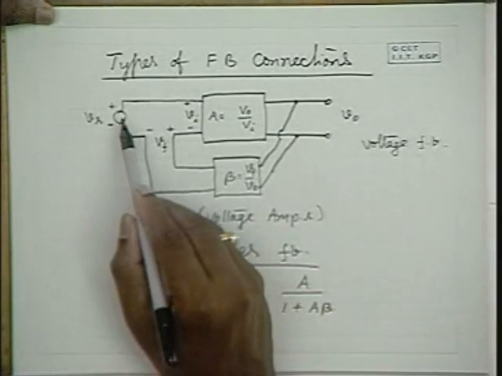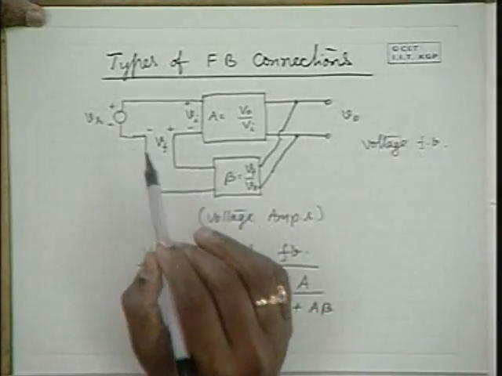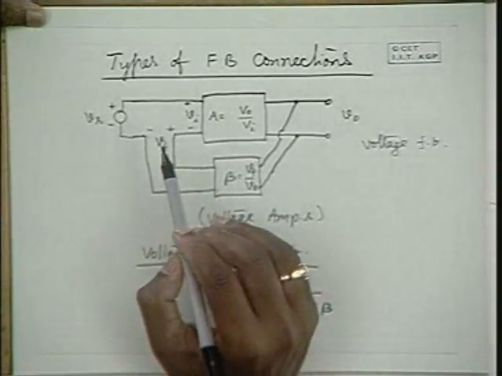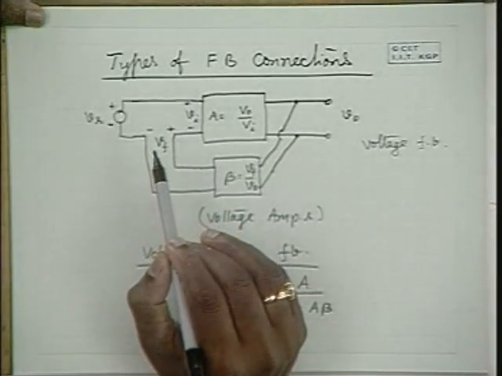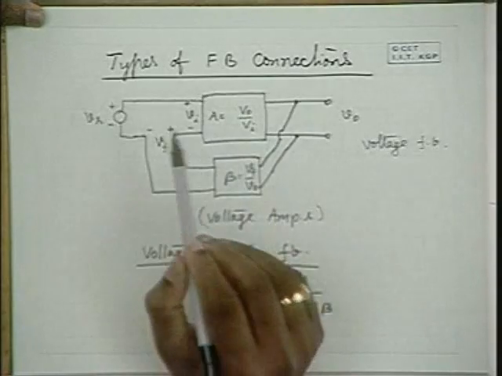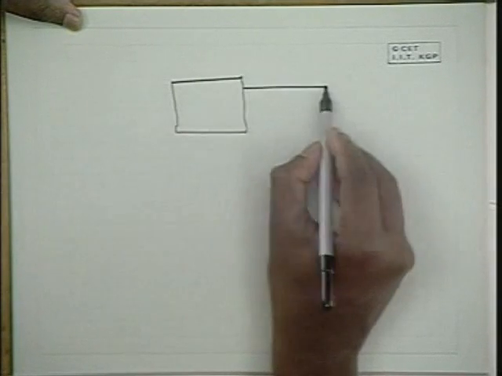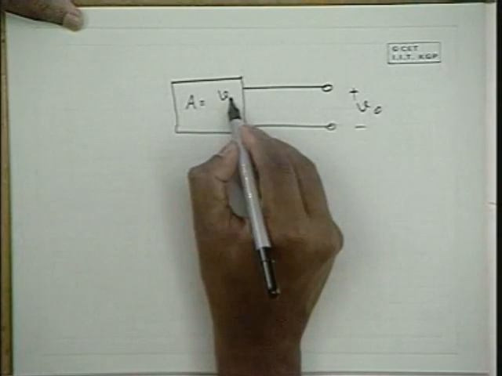On the other hand, when the input signal is a current and the input source is a current source, naturally we apply a feedback, and when we apply feedback, we see that the feedback signal is current, and this current is in the opposite direction to the driving current. So that is true in the case of a transimpedance amplifier, where the input signal is current and output signal is voltage. Therefore, in a transimpedance amplifier, we have this kind of scenario. This is the output signal V naught, and A is equal to V naught by II,